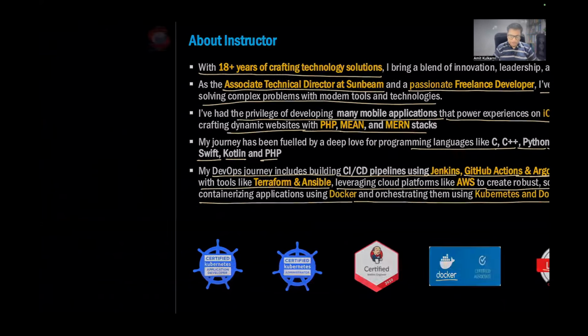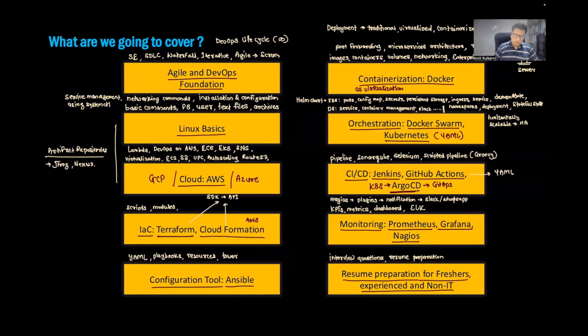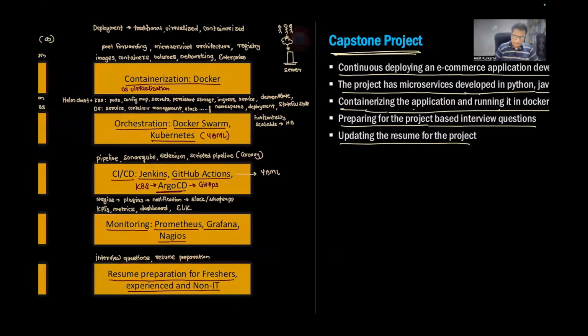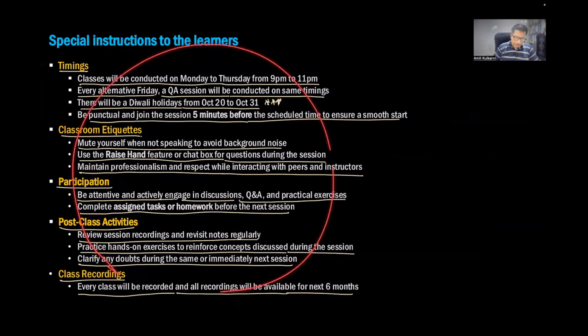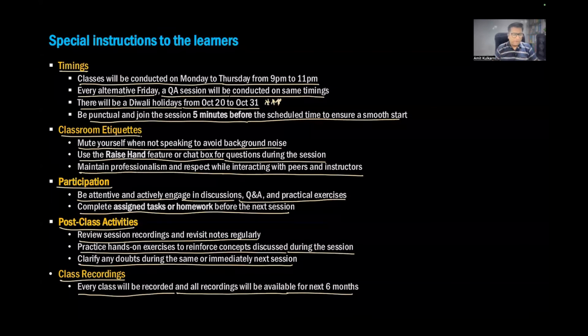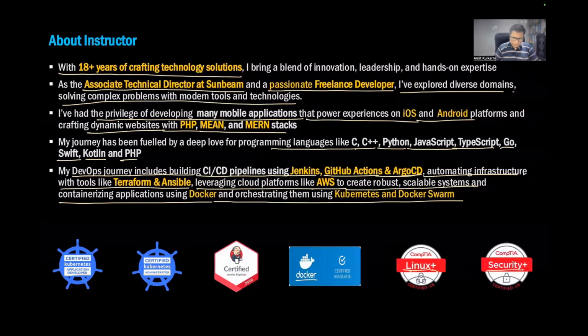Fine. So this is all about the course. This is all about what we are going to cover here. And this is all about the instructions that I wanted to give you so that you can start behaving accordingly. Okay. Now, this is all about me. Now we'll start talking about the first part of it, called software engineering. Today, we'll go through only a couple of things, and then more on the DevOps cycle and other topics we'll talk about in tomorrow's session. Before we go for that, anyone having any question?